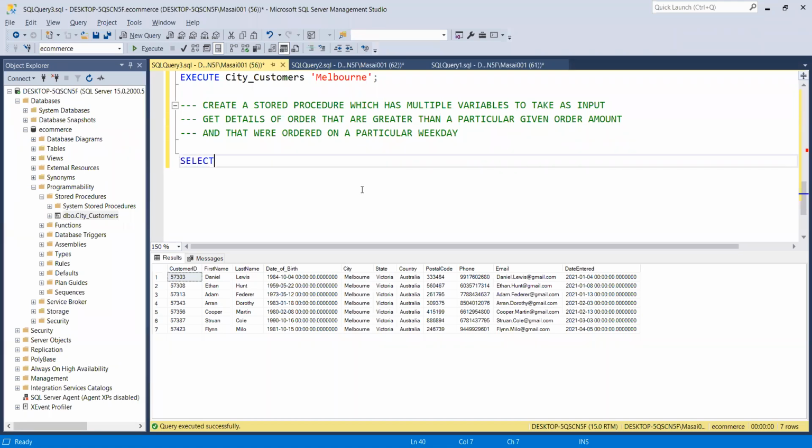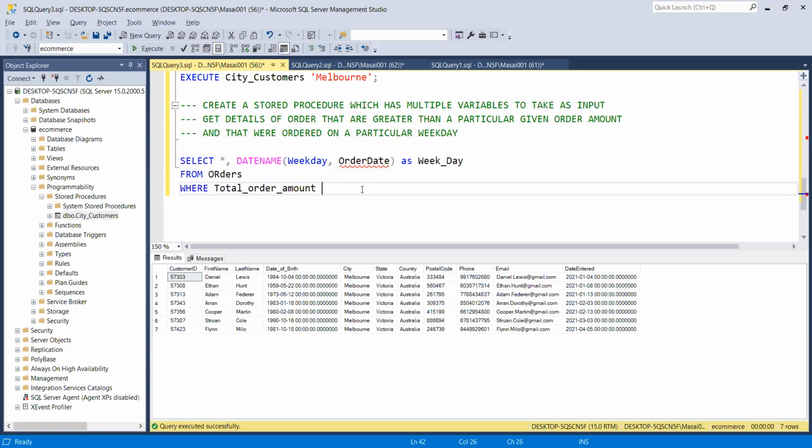So my base query is going to be: select all of my columns, and then datename weekday order date as weekday from orders